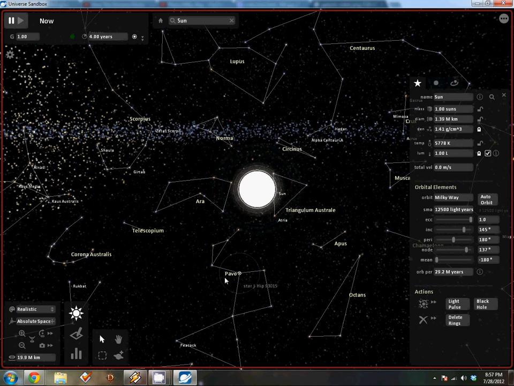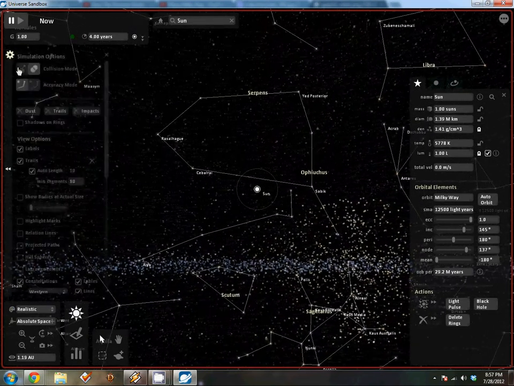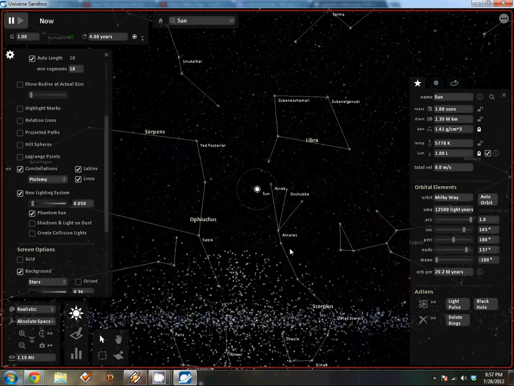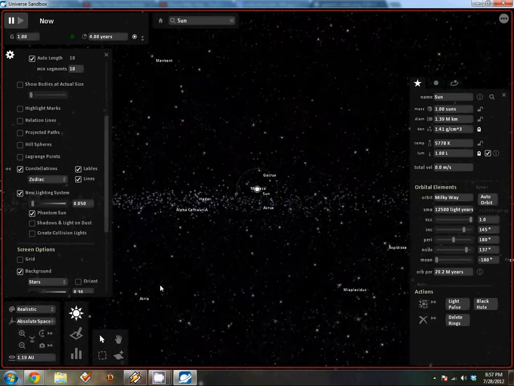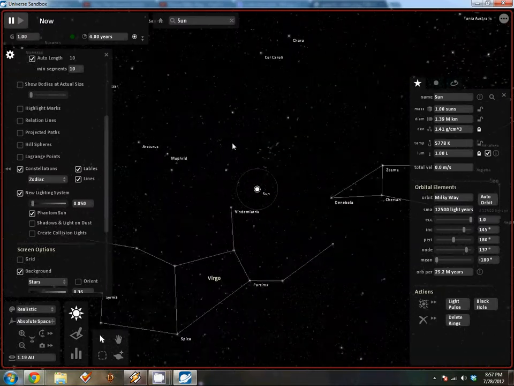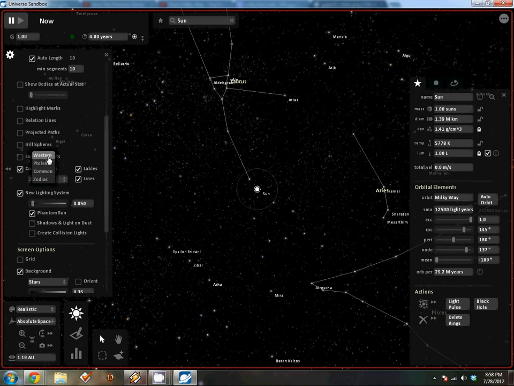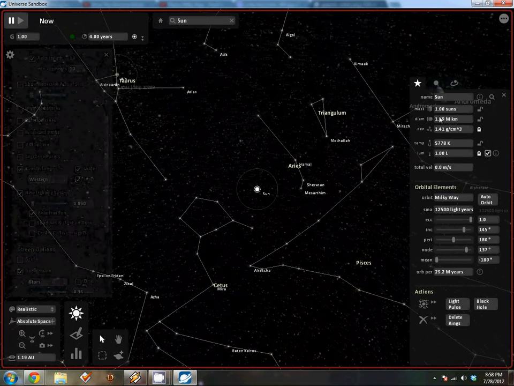So let's scroll it back out here a little bit to about 1 AU, give or take. So this is about the perspective you'd get from Earth. Pretty close anyway. And as you can see, all the constellations look like the constellations. We can change here. We can just have the Ptolemaic constellations, or we can have just the zodiac. Here's the band of zodiacs that go all the way around, just like that. I'm going to stick to the common one, the Western constellations, because it's got the most variety here.